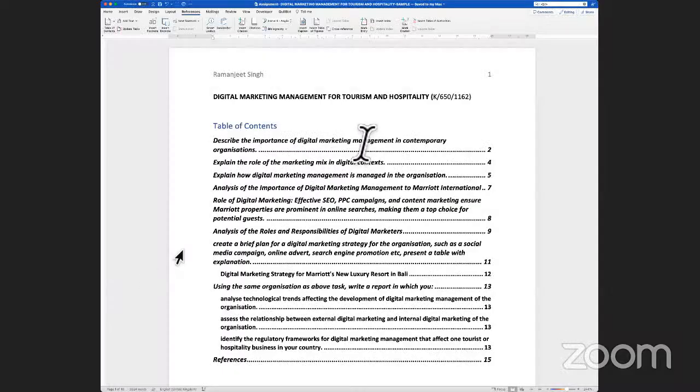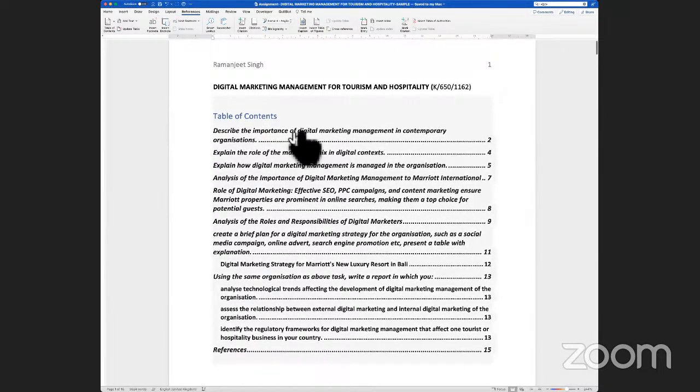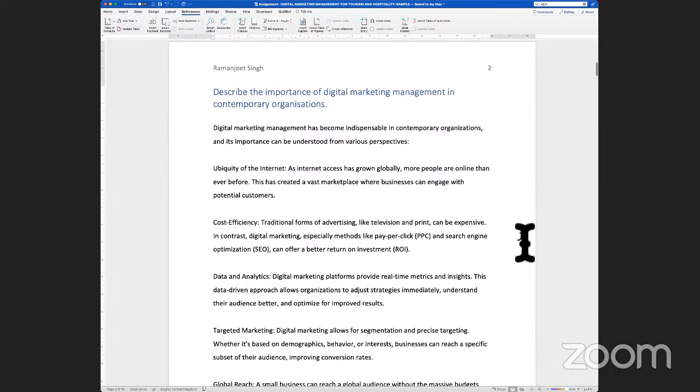So let's look at task 1 first in terms of how we would go about covering it. So in task 1, the first task talks about describe the importance of digital media marketing management in any contemporary organization. So if I click on this, what I've done is I've looked at basically covering what is digital marketing first. So digital marketing is the usage of internet, which most organizations are doing today for emailing, sending out newsletters, or any sort of communication related to products and services that they sell.